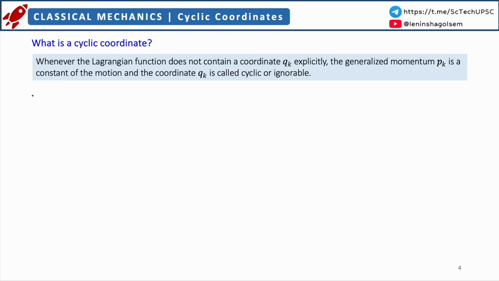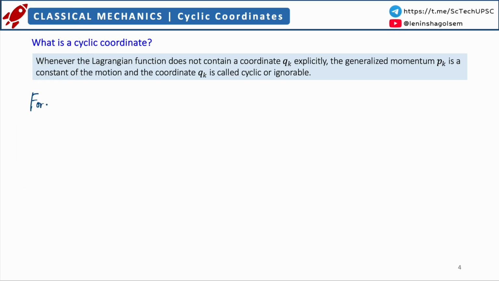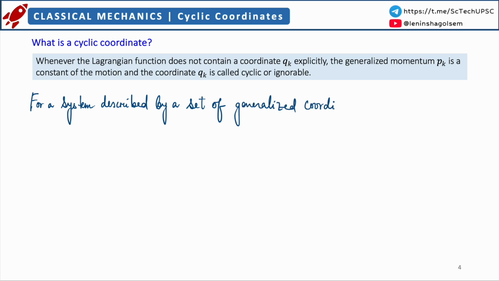To begin with, we need to recognize the fact that for a system described by a set of generalized coordinates, let us denote them by qi, and generalized velocities qi dot,